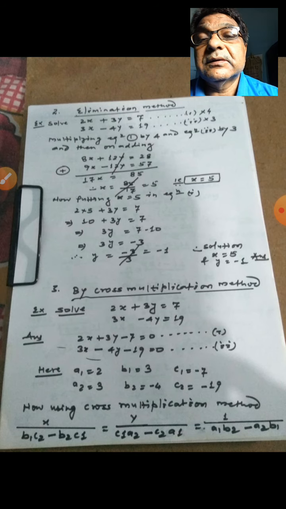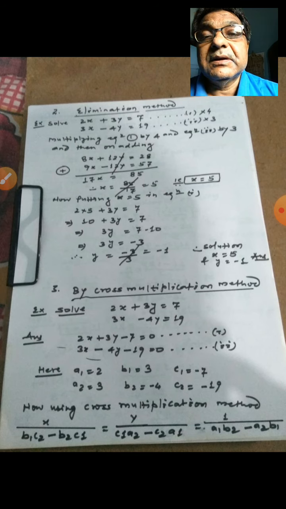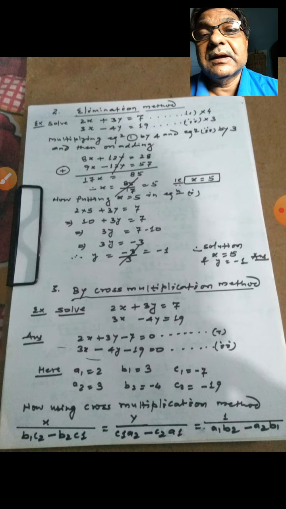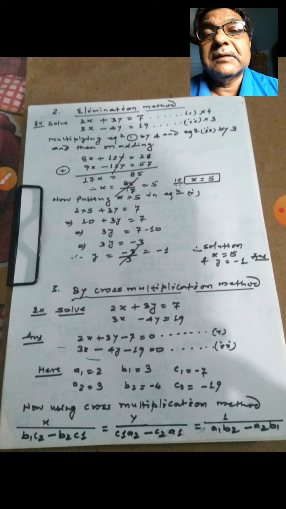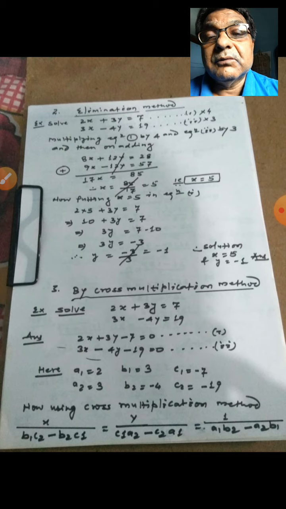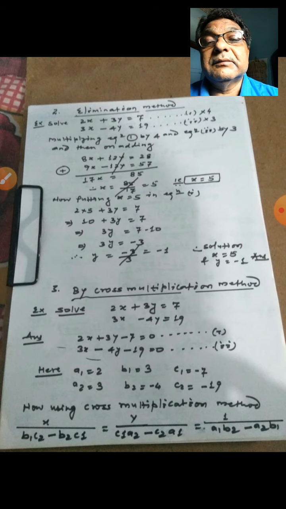You see, students, the name elimination. Elimination means eradication, and eradication means to remove. As the name suggests, here we will remove one variable from both equations. How? By making the coefficient of that variable equal in both equations and then cancelling it, we will have an equation containing one variable which can be easily calculated, and then by substituting this value in any equation we get the second value.